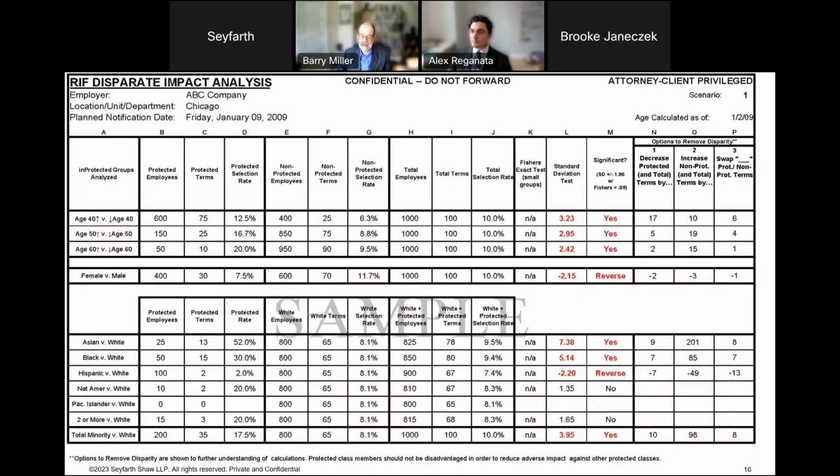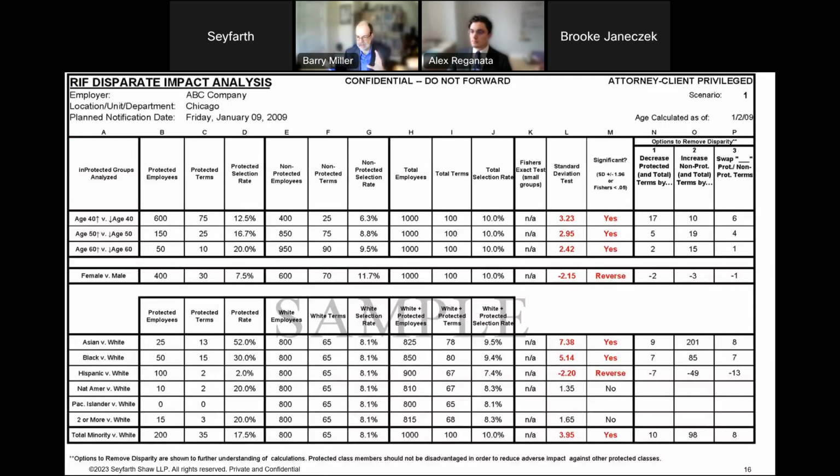A disparate impact analysis is a statistical review of a proposed layoff. In other words, we've made our selection criteria. That's been done presumably by the managers of the organization, vetted by human resources to the extent that that's part of the process. So we have a list together, at least a proposed list of who's affected and who's not affected within a given decisional unit.